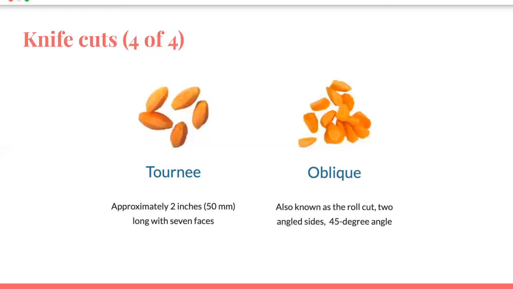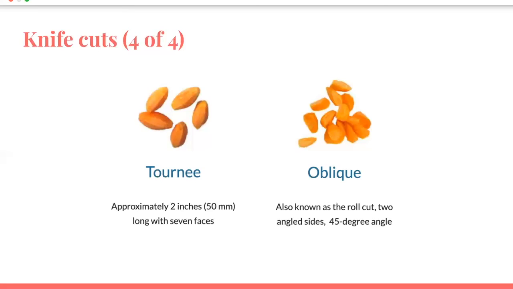So we will see tornado cut. The word tornado is French for tons. So when you make a tornado cut, you have to turn your ingredient with your guiding hand. This cut can be made with carrot, potatoes, or squash, and it provides a distinctive and consistent appearance to the